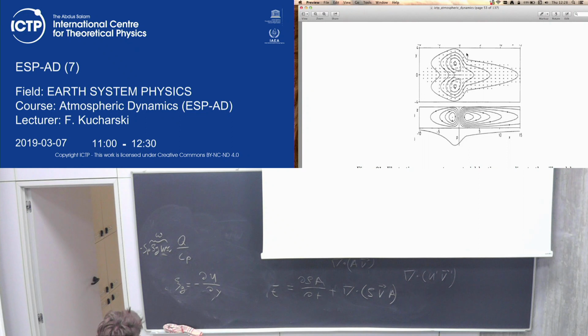So that means u itself is negative, but it's decreasing, so this whole term would be negative. So on the eastern side, if we exclude the equator, off the equator, we get negative vorticity, negative geostrophic vorticity. So what we expect on the eastern side of a heating anomaly, in the subtropical regions, let's say, is a